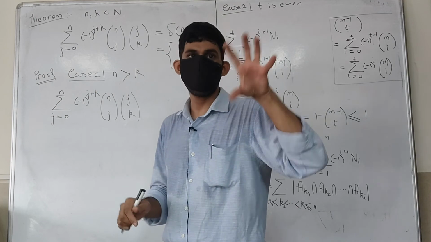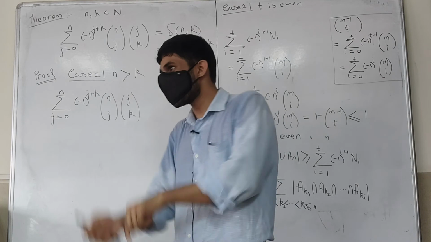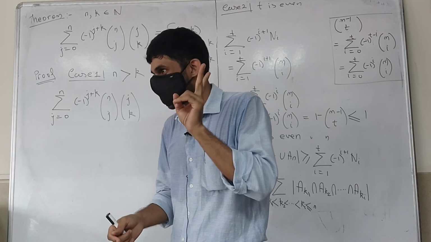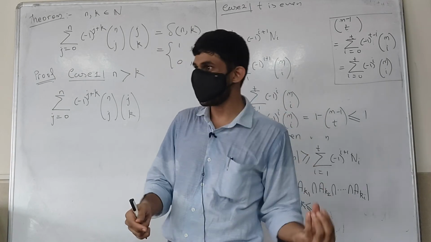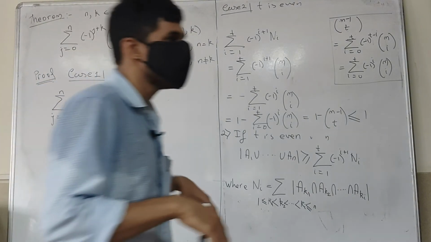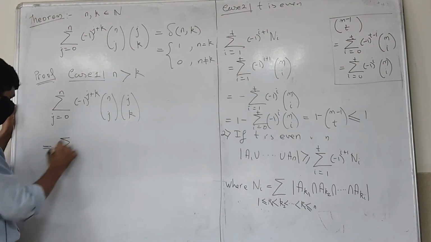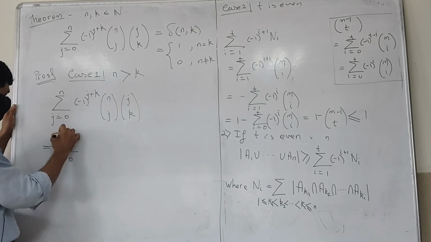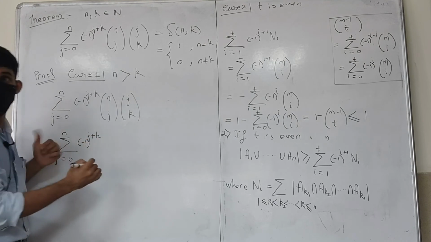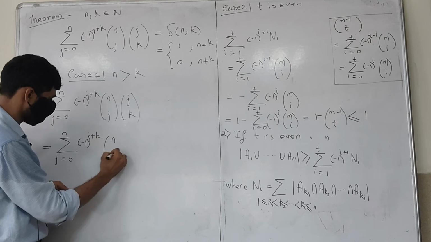You choose from n people a committee of j people, and then from those j people you choose a subcommittee of k people. As we have discussed, this can be done in two ways. One is you choose your committee of j people and then the k people. The other is you choose your k people first, your subcommittee first, right? So j going from 0 to k, and so you can see how I am doing it. I don't attempt at memorizing this. I am just going to use the logic.